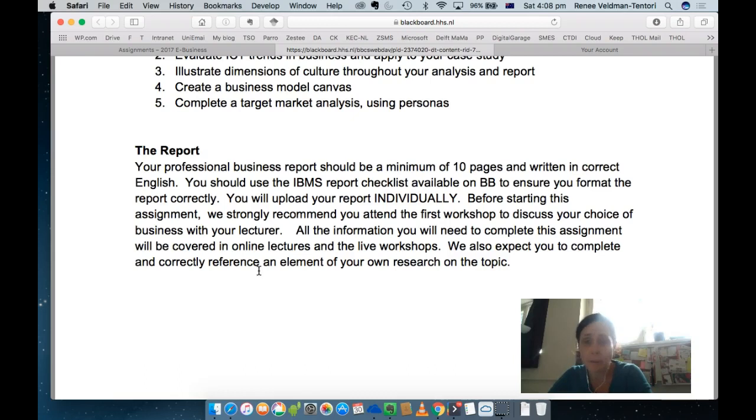The workshops haven't been compulsory, and there's one more workshop this coming week, and that's the opportunity to talk to your lecturers and your fellow students about this assignment. Everything you need to complete the assignment has been covered now in the online lectures, with the exception of specifically mentioning culture, but Mr. Choi is recording that for the lecture coming this week, and all of the live workshops have covered everything you need to know.